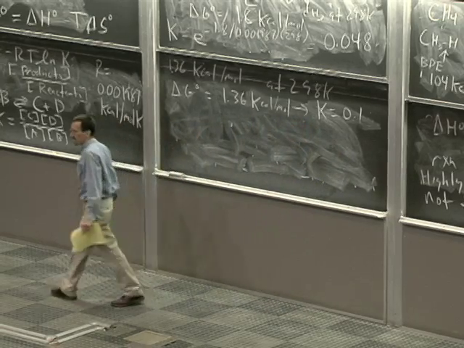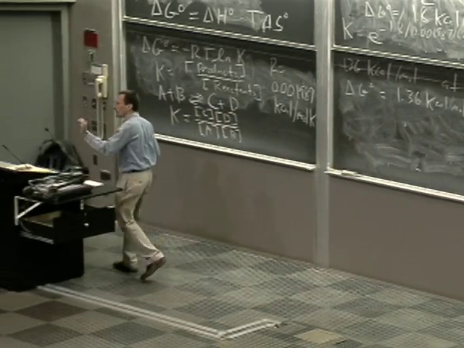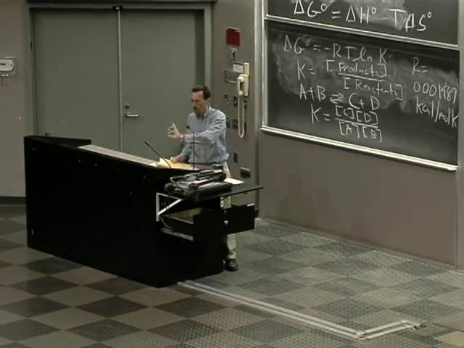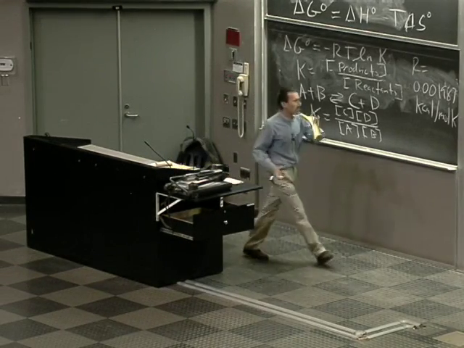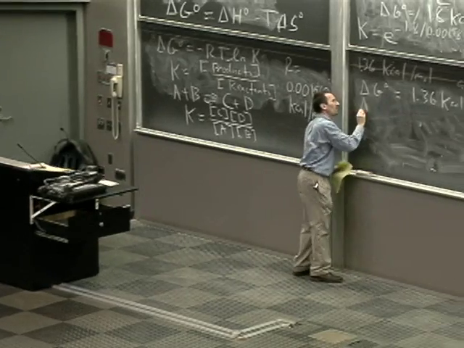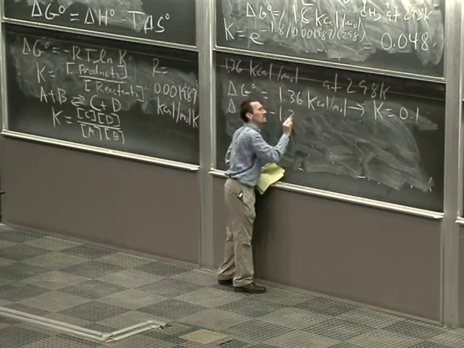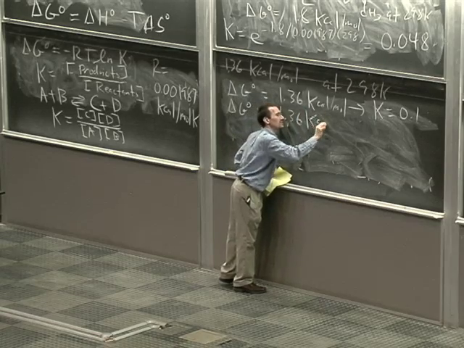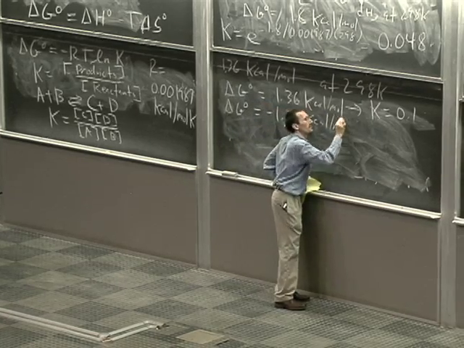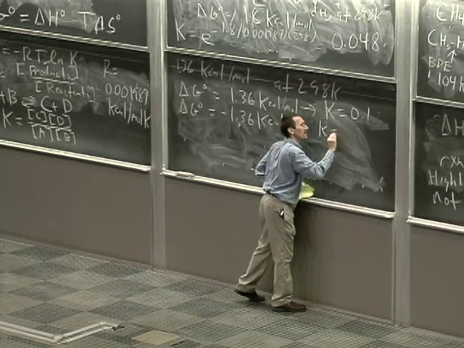I just did the math on that, but it's a nice number to have in your head because now with nothing more than arithmetic, you can use it. If our delta G naught is negative, of course negative is good. Negative means to the right. That's going to lead to K equals 10.